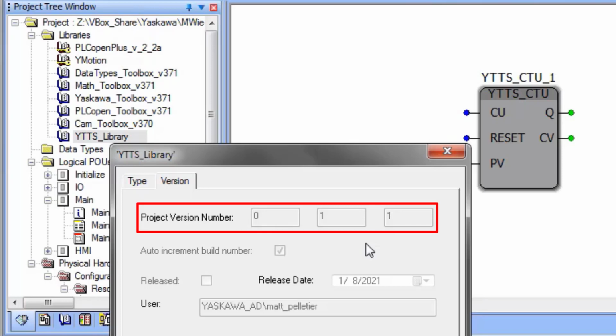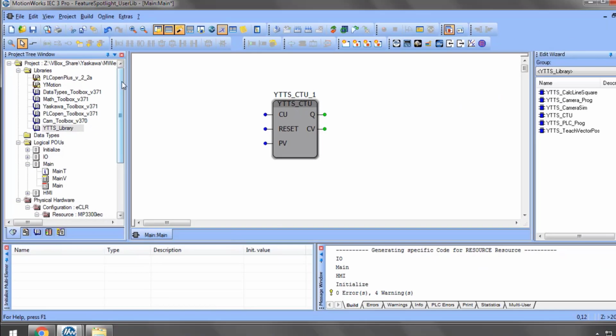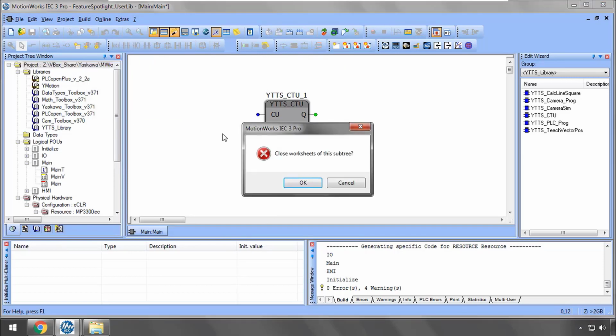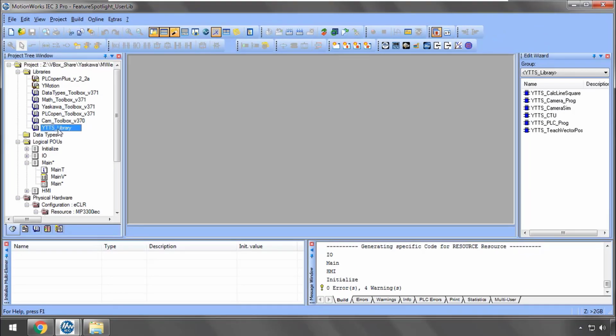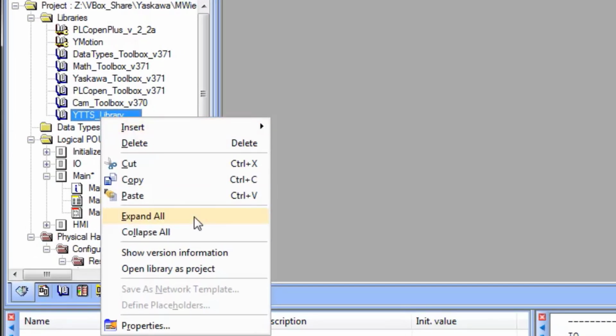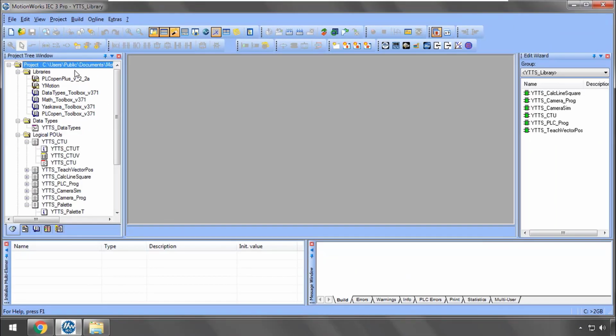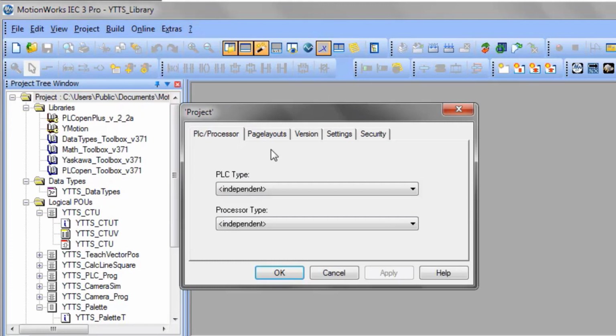And this is because every project's properties include a version tab. Even this project here, the properties, has a version number tab. Let me take a minute to explain using my own library. You can right-click on your user library, open it as a project, and look at the properties under the